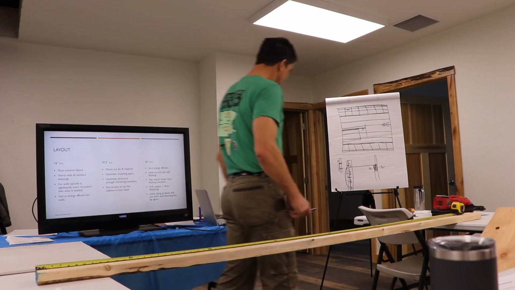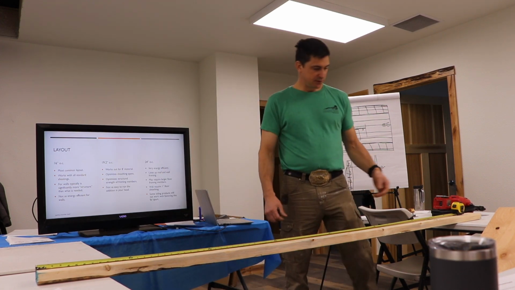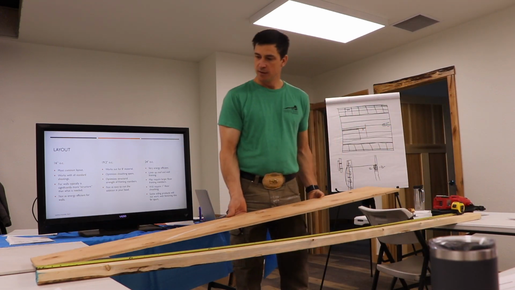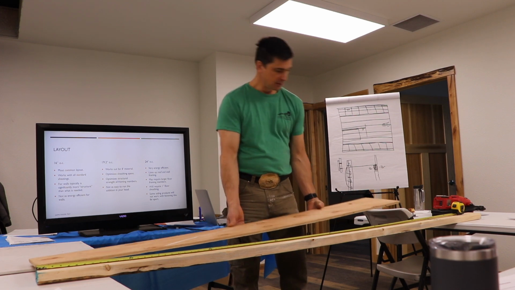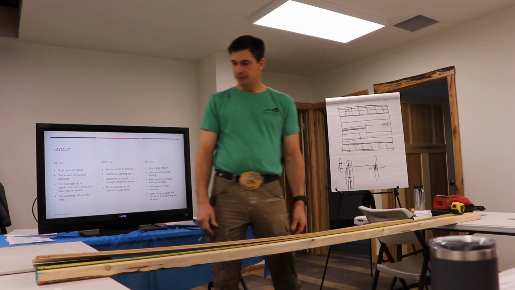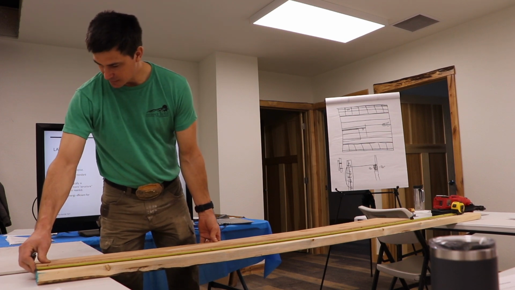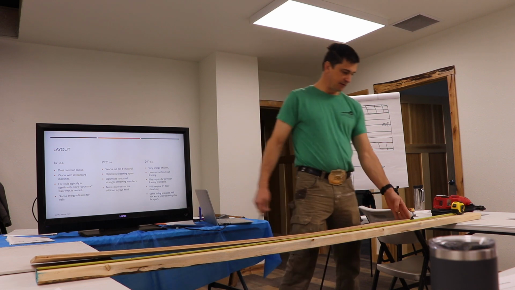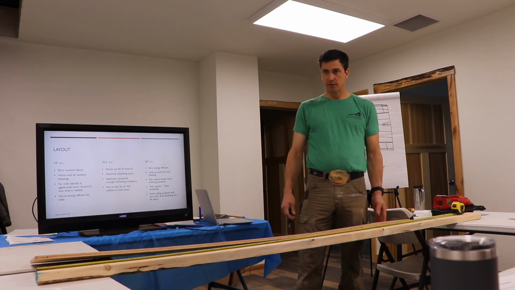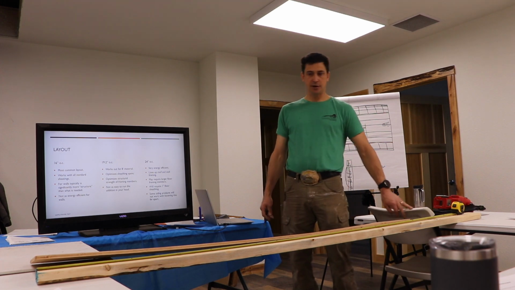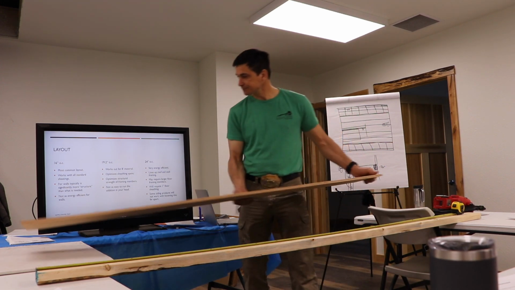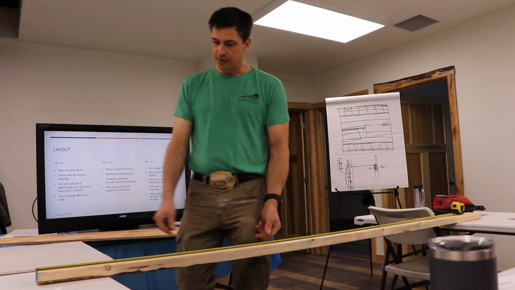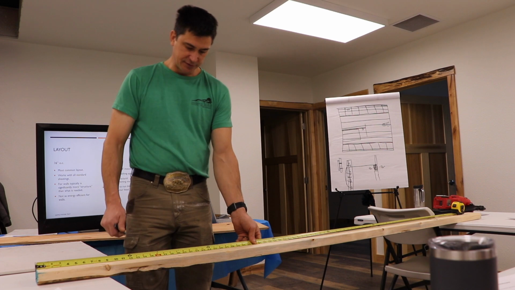So what we're looking for is we want to lay out, this is a 6 foot long piece of wood here. We want to lay out so that when I put this at the edge of my roof, when I get to the other end of this, it hits the center of my rafter or my truss, okay? So, I'm going to do a 2 foot on center layout, and what everybody new does is they'll put